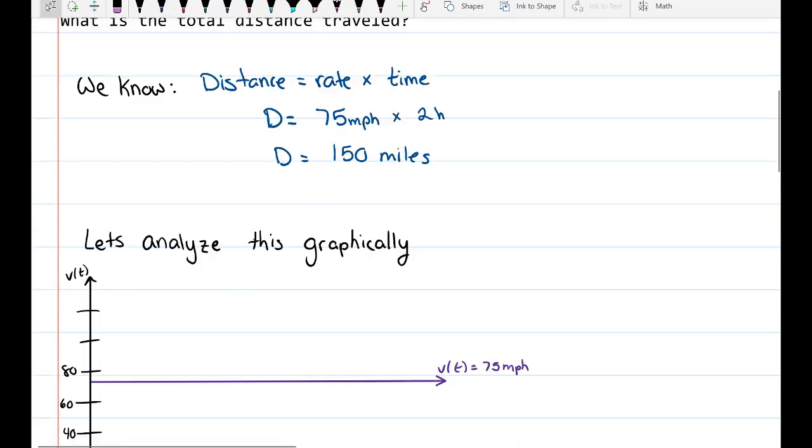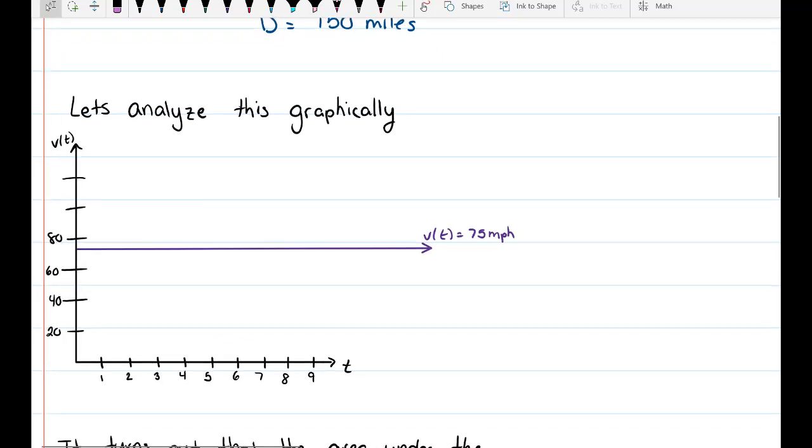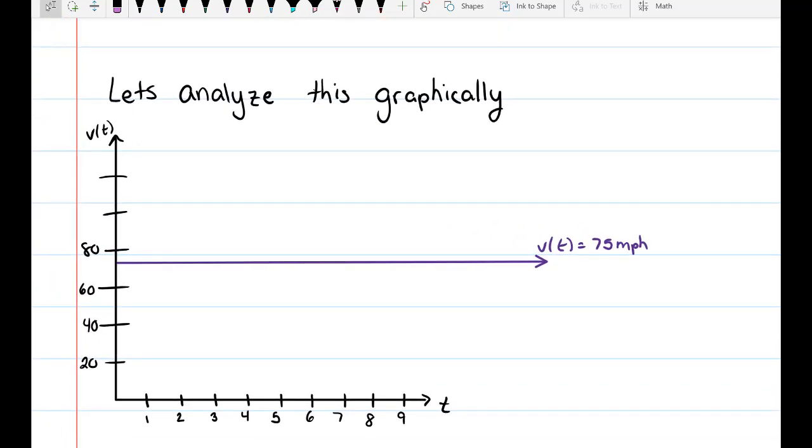So let's take that same problem and analyze it graphically. Here's our chart where the horizontal axis is time and the vertical axis is velocity. We have that we're traveling at a constant speed of 75 miles per hour. So then we know that if we were to highlight the area underneath this curve from the 7th hour to the 9th hour,